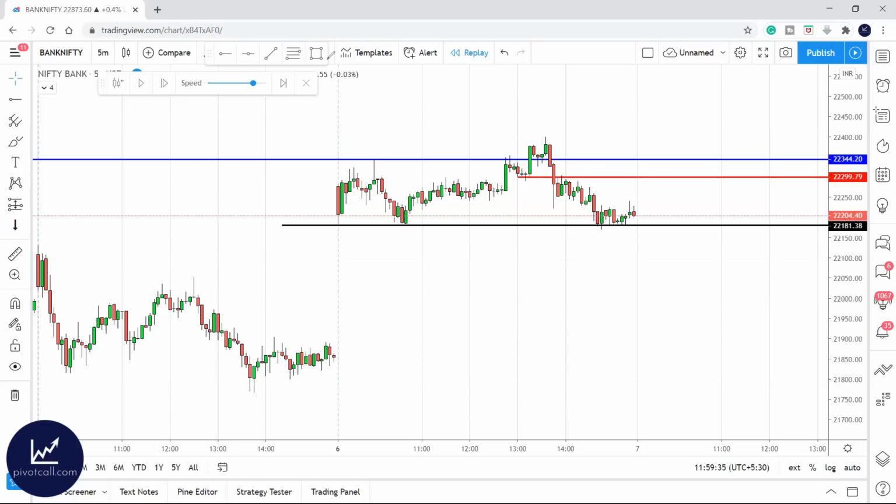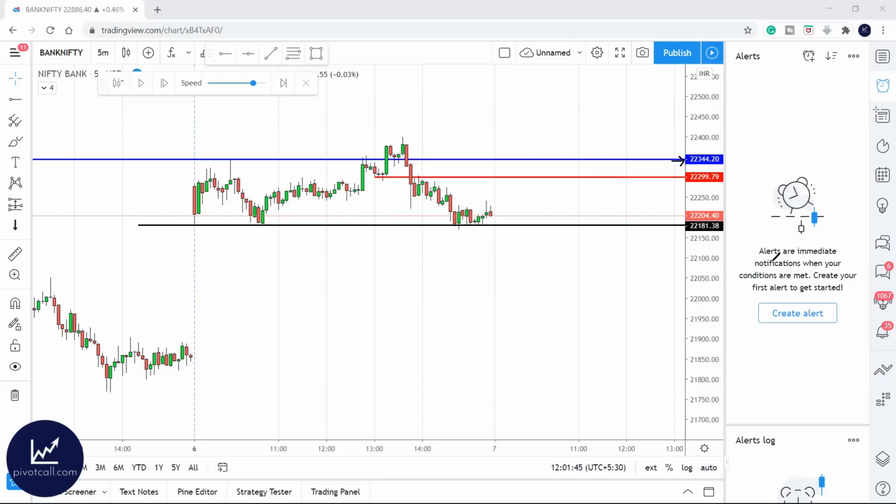Now a few people ask me, when they're in a full-time job, how to do this, because in a full-time job you can't keep watching the charts, right? What is the option for them? There is an option in trading. You can go here. Can you see this alert button? Go and click that alert button. If you are in a full-time job, just plot those horizontal lines on the supply and demand zones and create an alert. That is what you can do.